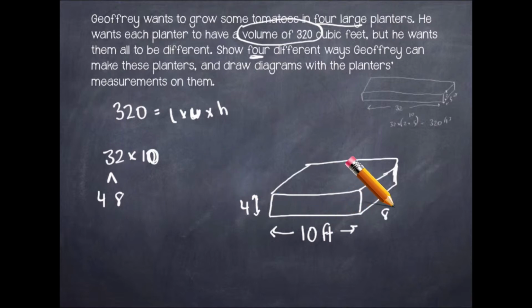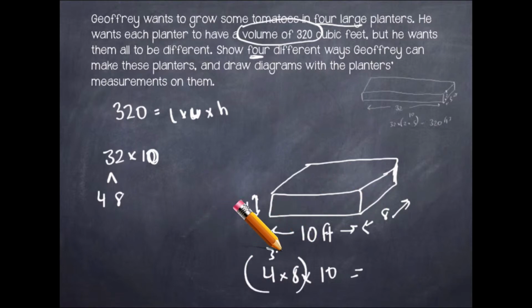Alright, and we'll say that it's 8 feet in length. Well, in width, I guess. So if we did 4 times 8 times 10, that should give us 320. That would be my length times width times height. So 4 times 8, as we know, would be 32, times 10 would be 320 feet cubed. So that's another route we could go, another shape that we could make that would get him that 320